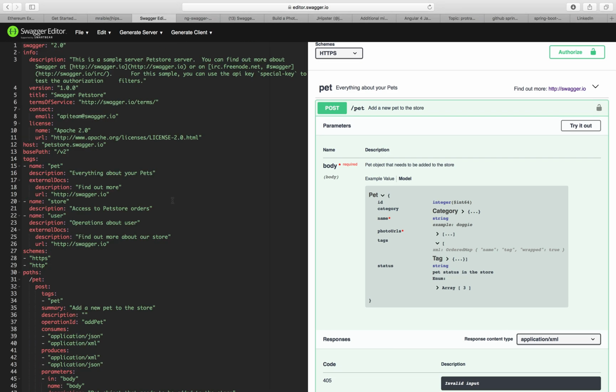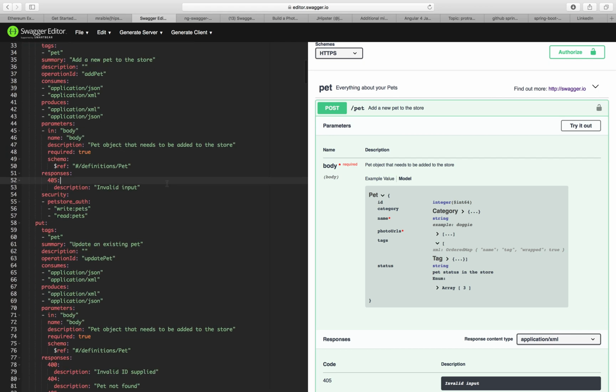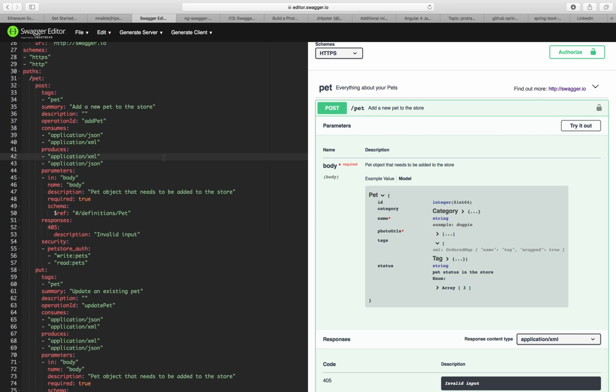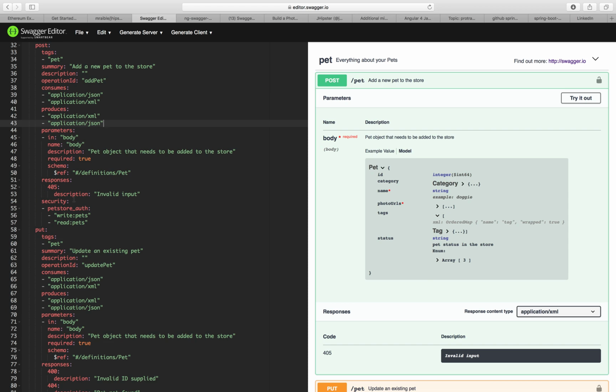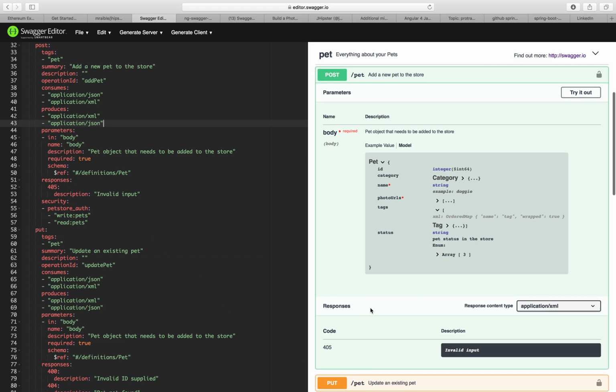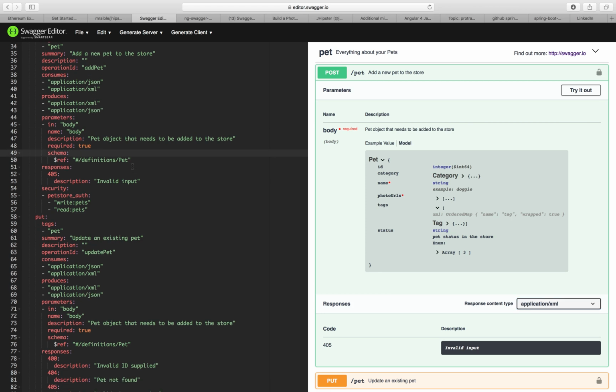Then we come back to this YAML file when we want to add the path with the post method, and so we may want to describe the response. So the content type is here. It means produces JSON or XML, and you can see here XML and JSON. And for the response code, we want to describe when